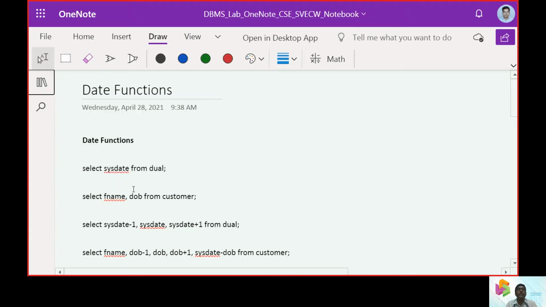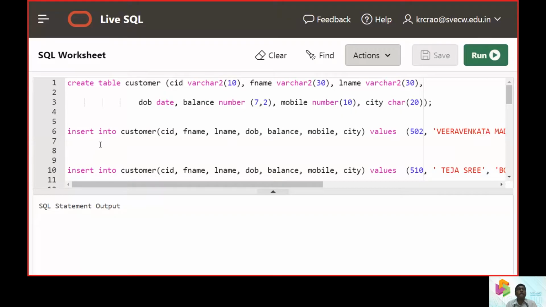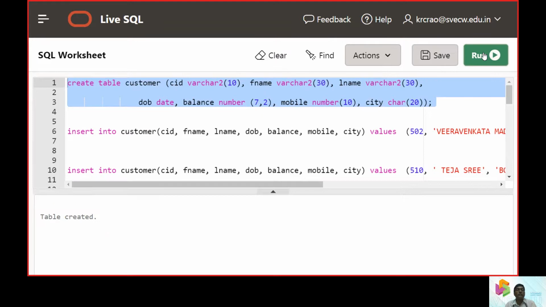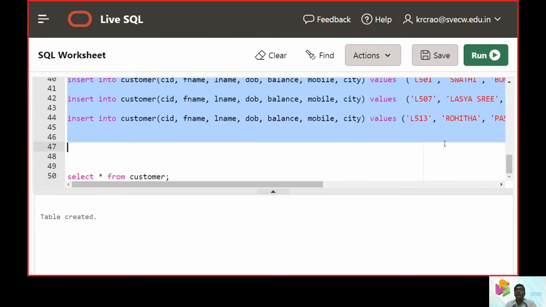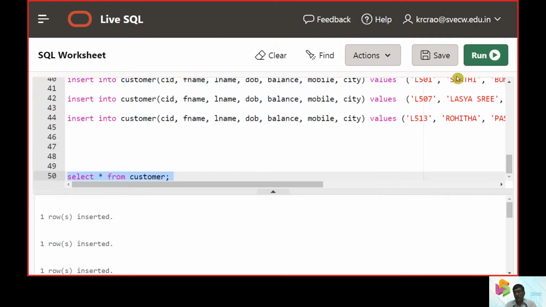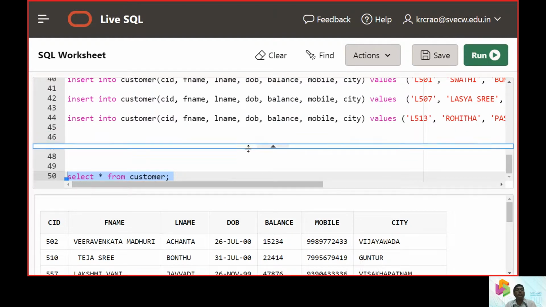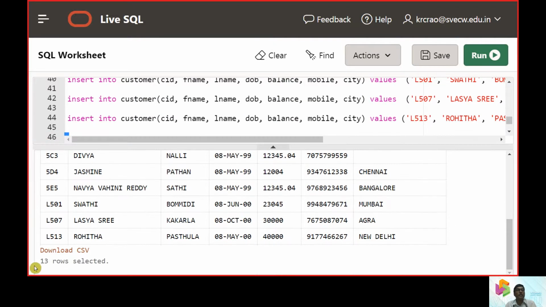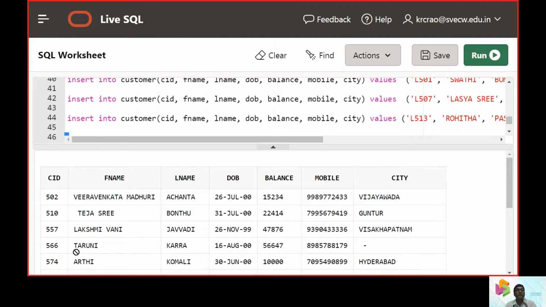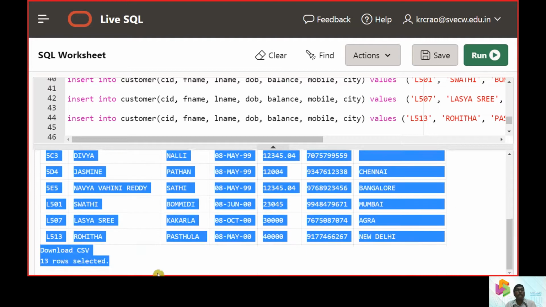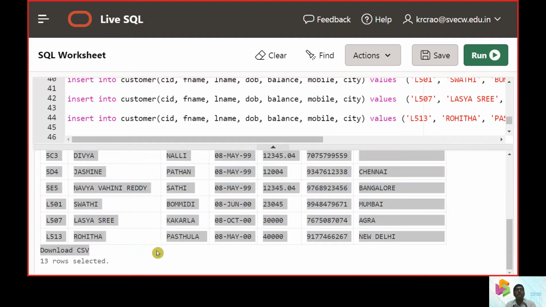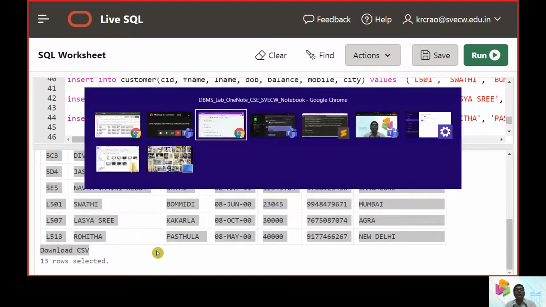As mentioned earlier, we will create the customer table, then insert around 13 records for convenience and understanding, and see whether the 13 records are inserted or not. So all the 13 records were inserted, and it is now ready for us to work with and build up the SQL.